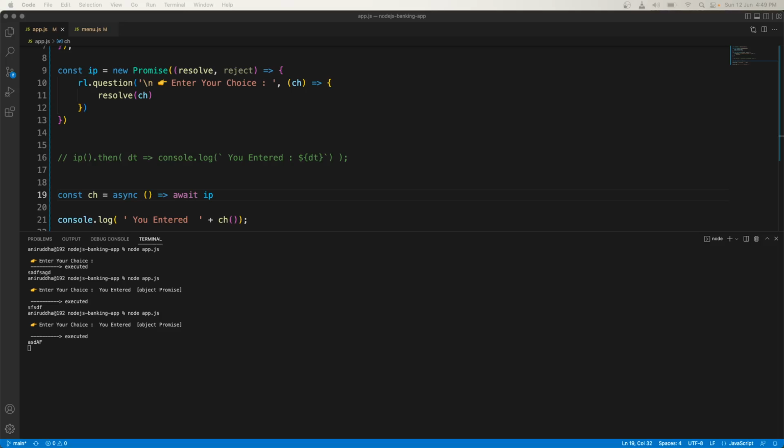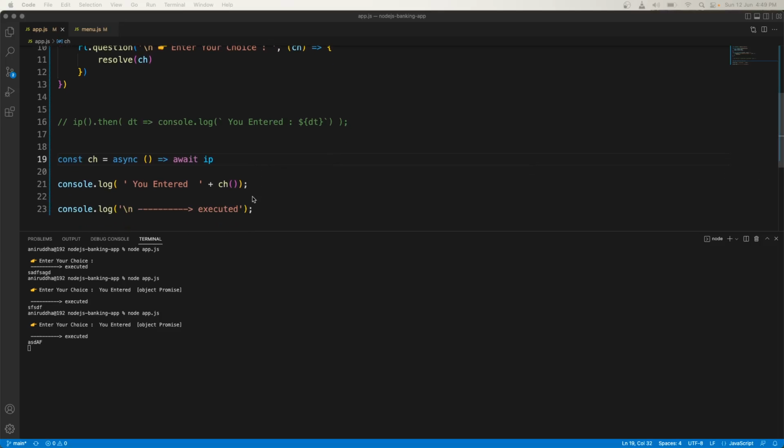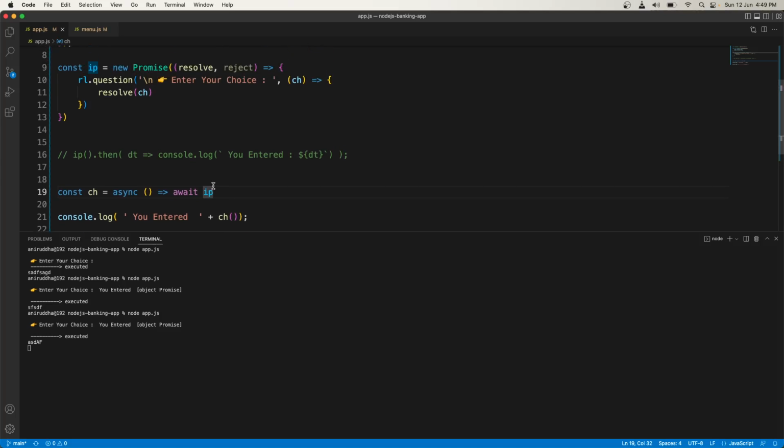Async await, what's the concern? So async function is there, IP is getting resolved, inside this function